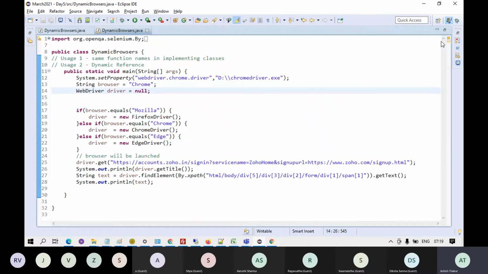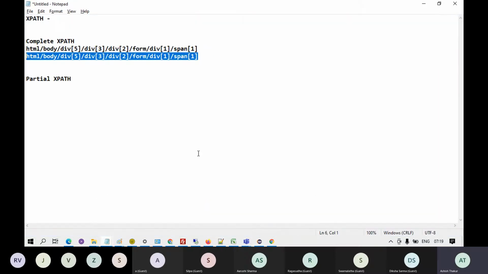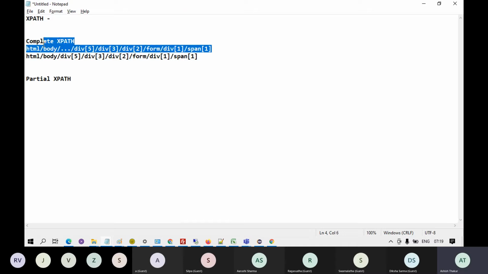Fine. Now the thing is, this type of XPath we don't prefer to use, because if something changes in the website at the very root level, okay, suppose a new tag is added somewhere over here, then not just this XPath, all the XPaths of the application will get changed.